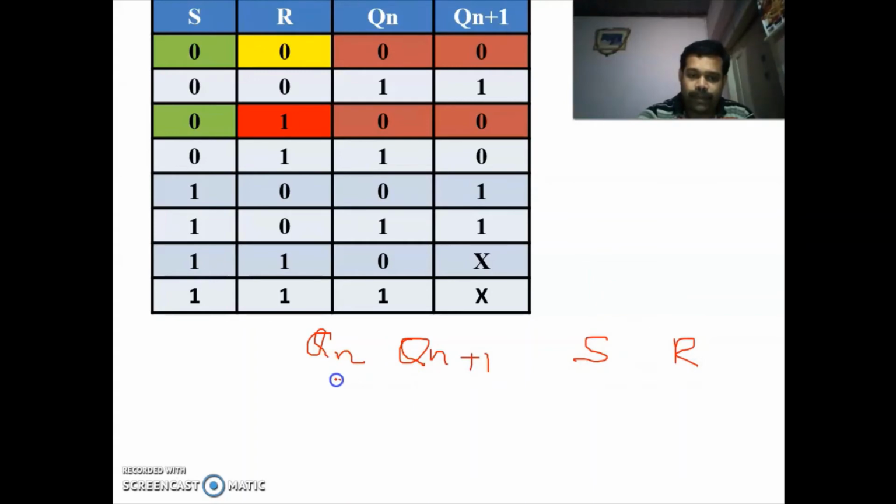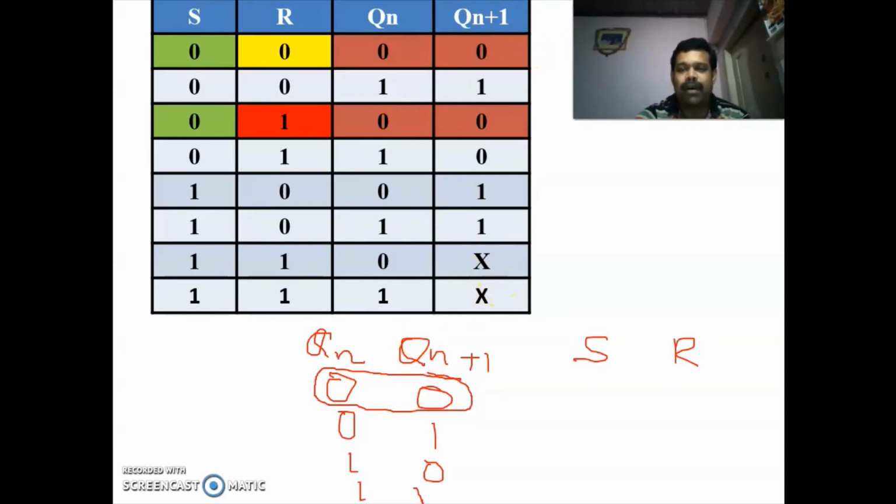So for the first combination: 0 0, 0 1, 1 0, 1 1. These are the 4 possibilities of present state and next state. So from the truth table, first we have to check in which places we are having present state and next state as 0. So this is the truth table of